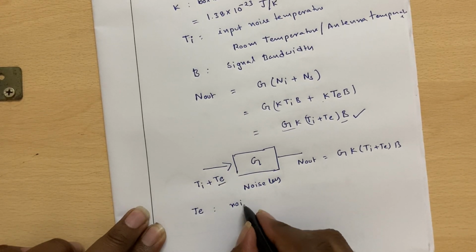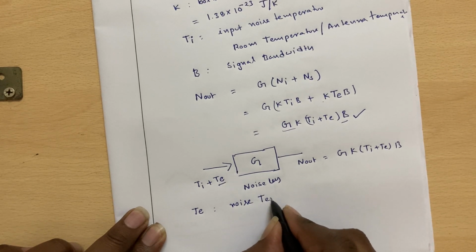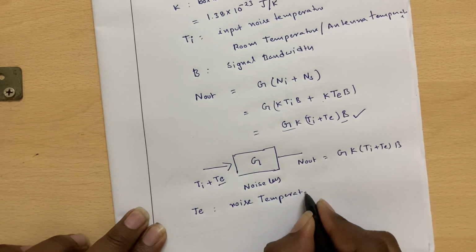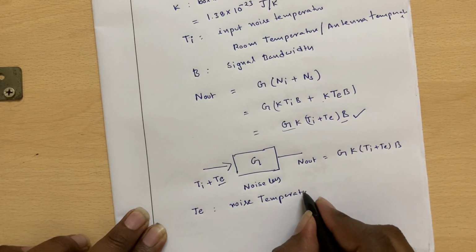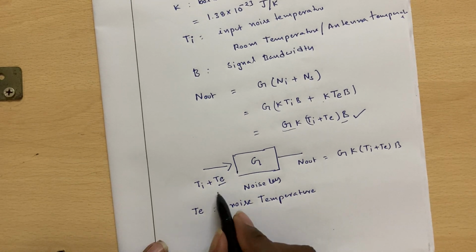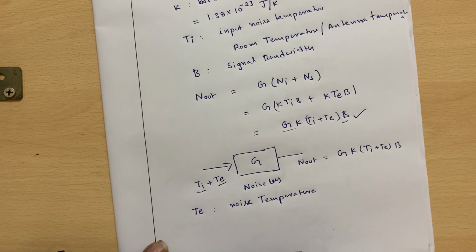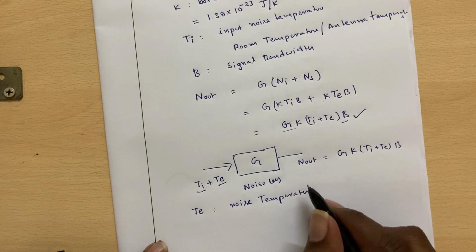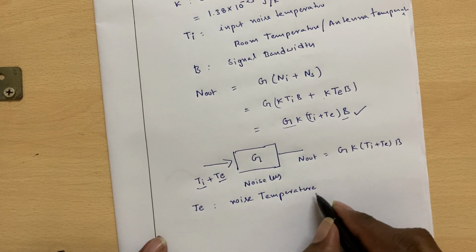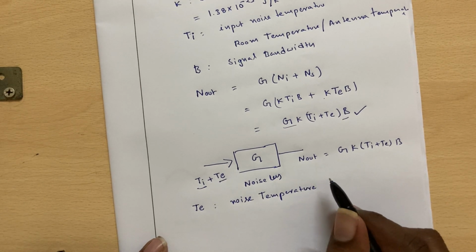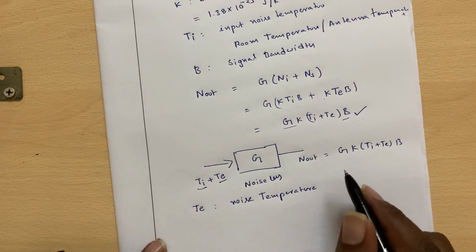So this much temperature is what this block is adding to the input noise temperature. The block at the input is already at a certain temperature, but because of its own heat and the noisy components, it is adding T to the existing Ta level. So it is the noise temperature. For an efficiently designed block, the noise temperature may be a lower value. A poorly designed block may have a higher noise temperature, so that the output will have higher noise power.